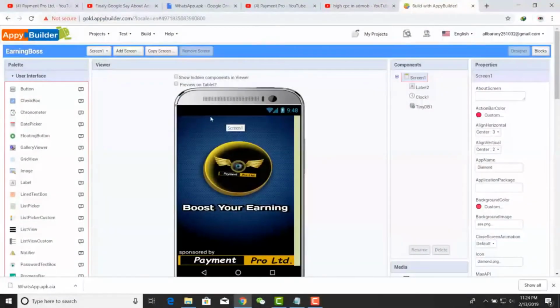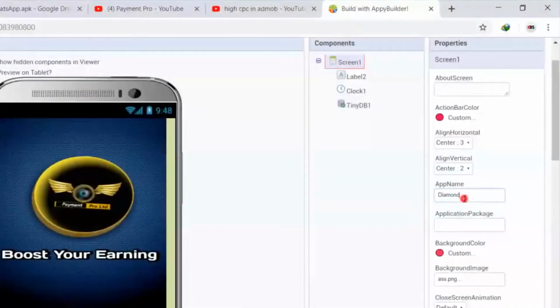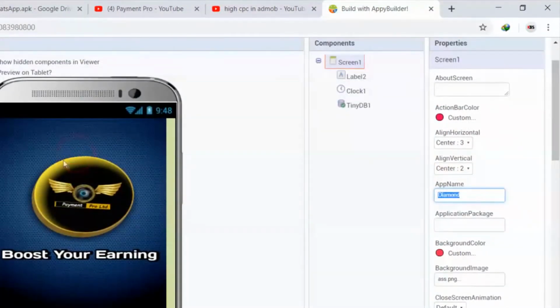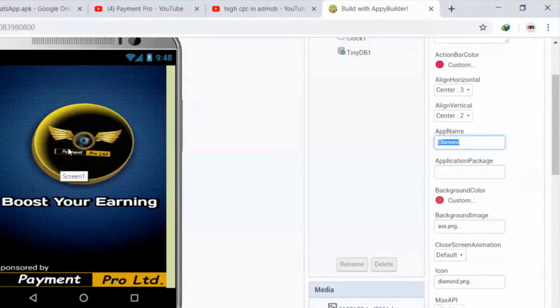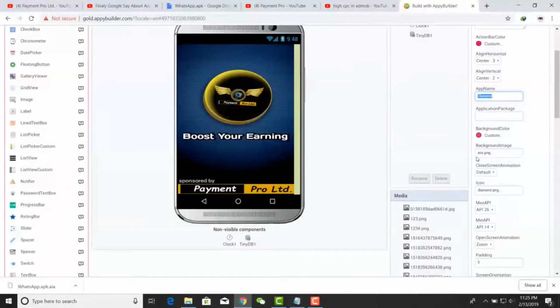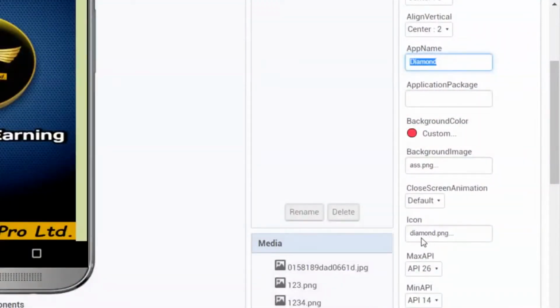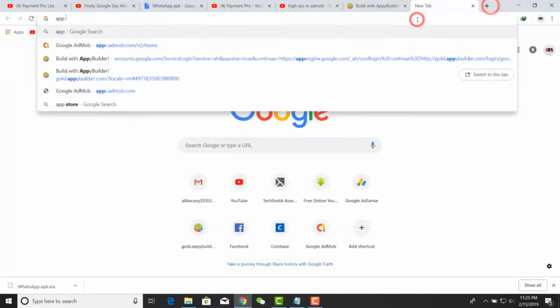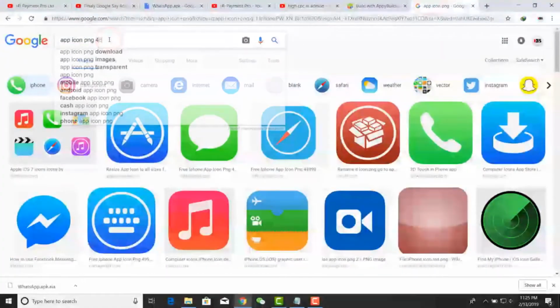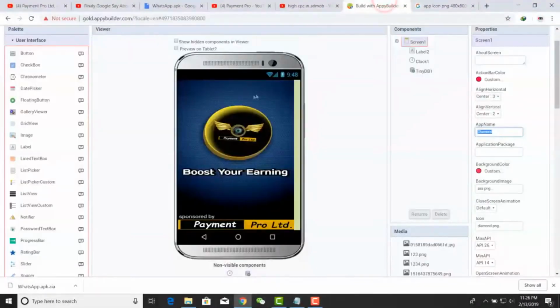After you open the application, try to change the name of the application if you want. Instead of diamond, you can change it, and the picture as well, you can change to whatever logo that you have. I would prefer that the logo that you choose should be a nice logo, like an easy application to use or user-friendly application, something like that, so that the customers or the users will be encouraged